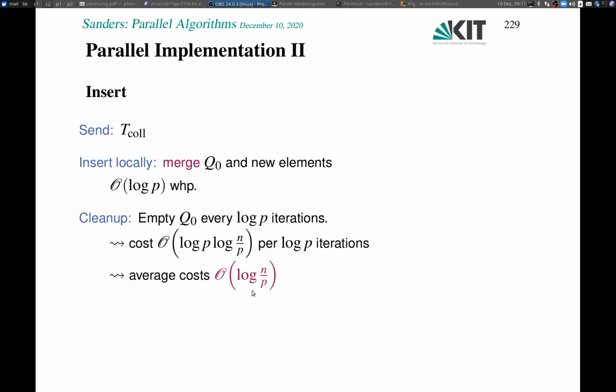It may sound like I have cheated here a little bit, because the worst case number of elements received is order log P over log P. The number of iterations I do this is log P, so it sounds like the worst case could be log square P over log P elements in Q0. But that's actually not the case, because once again, using Chernoff bounds, we can see